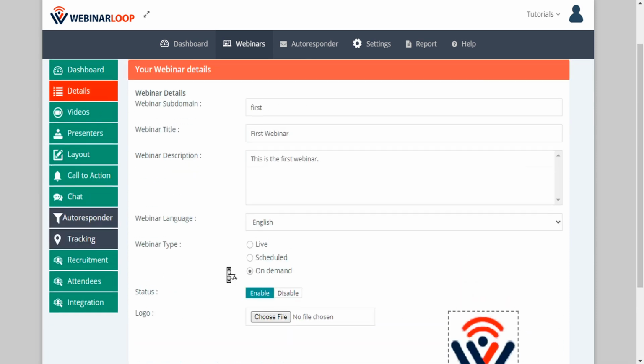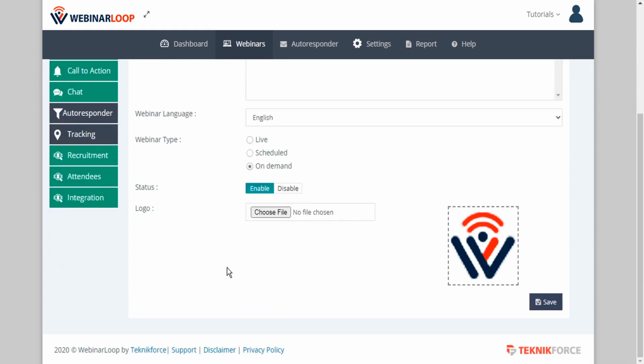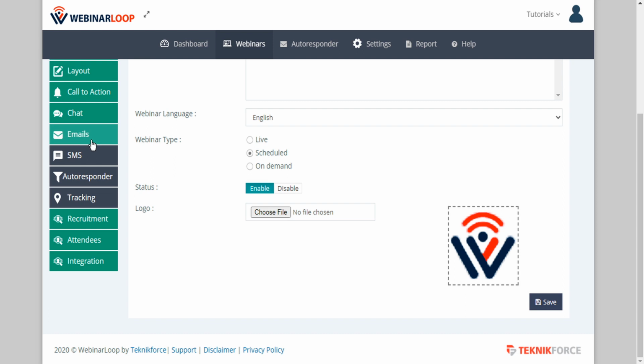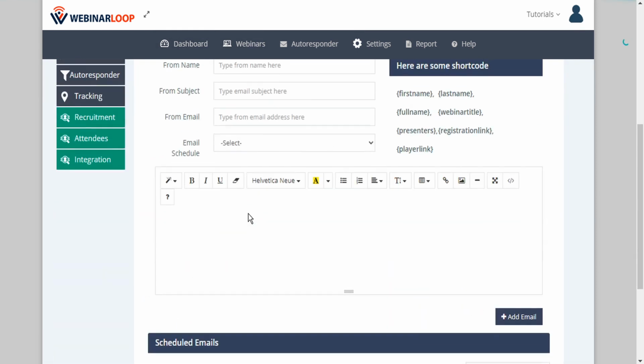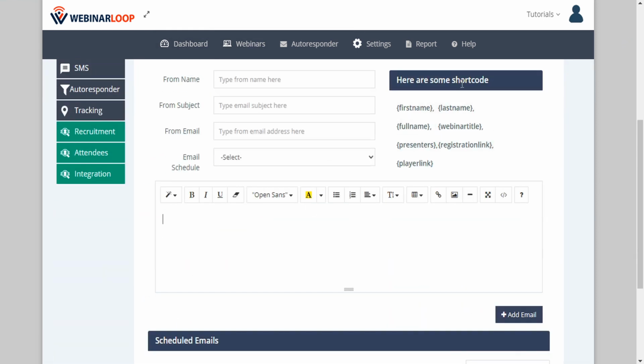The other way you can access the webinar room is when there's a scheduled or live webinar. You can send out email reminders, and here in the message body you can use a shortcode for the player link. So if you send out in your email something with the player link,